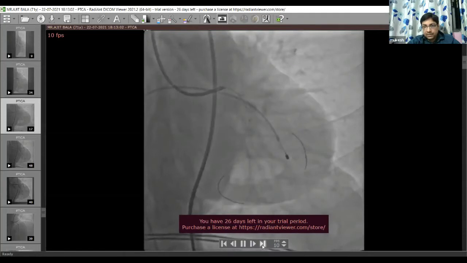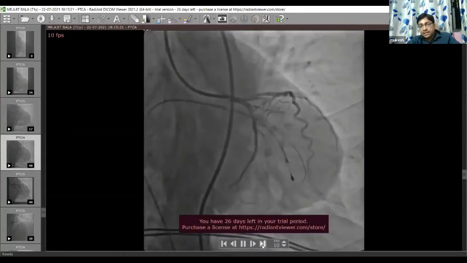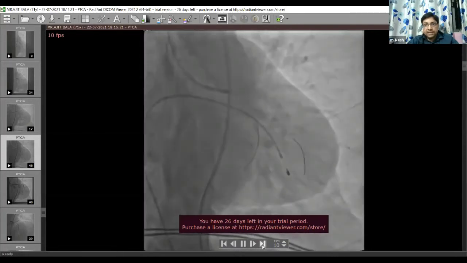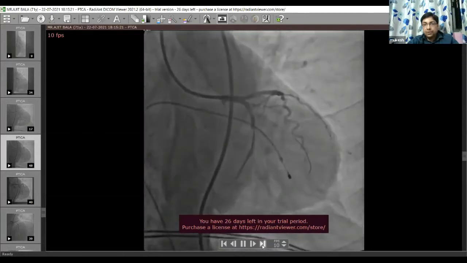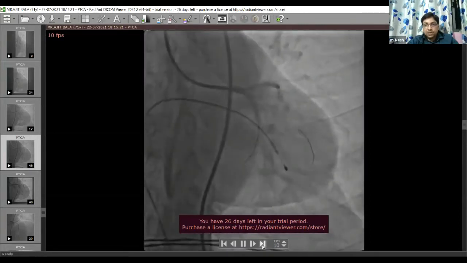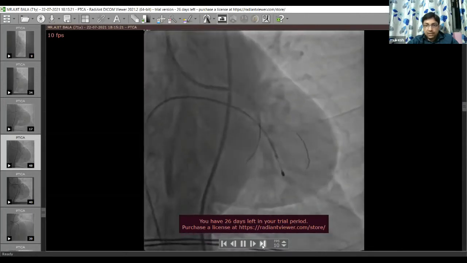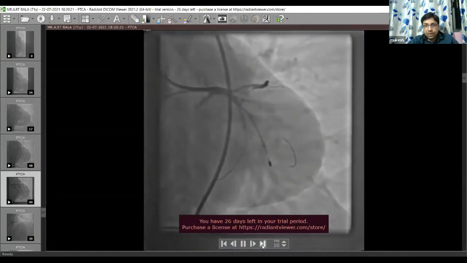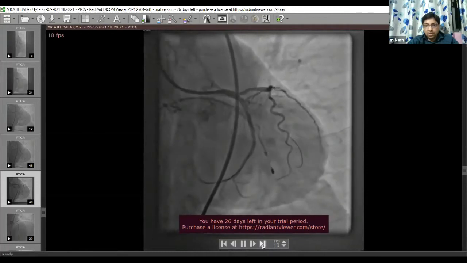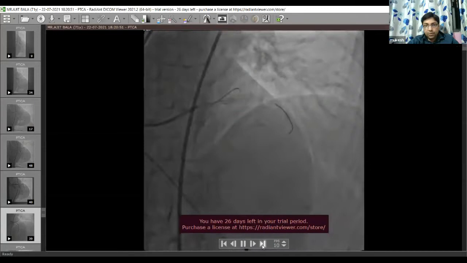After all these methods, there is some flow in the main LCX. But there is still no flow in the side branch. So I have to save the side branch. I further want to cross the balloon to the side branch, but it's not possible to cross. So I took a smaller balloon, 2.5 balloon,